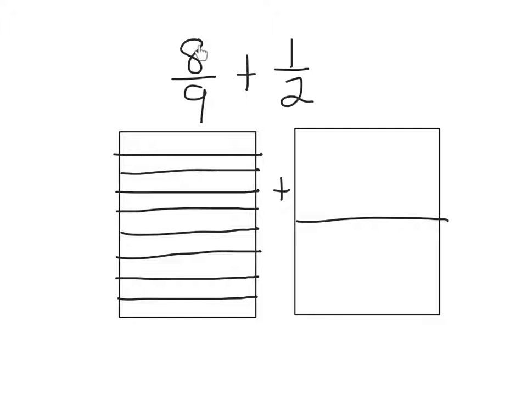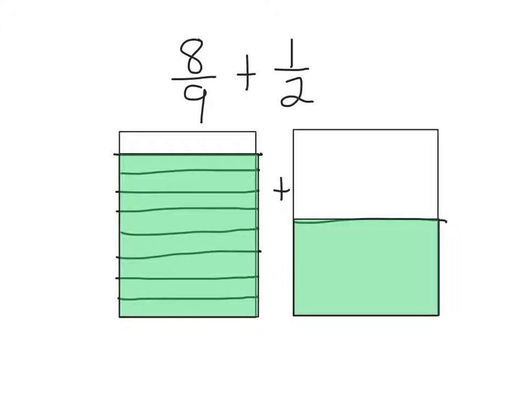So now I get 8 out of 9 here. So I'm going to go ahead and color in 8 out of those 9. And try and make that as close as I can. And then over here, I get 1 out of 2, right? So I'm going to color in one of those boxes, right? Bam! There you have it. Now, as you know, with fractions, we have to have common denominators, right? And these are certainly not common, right? So I have to find my